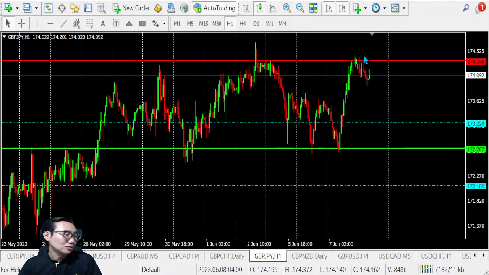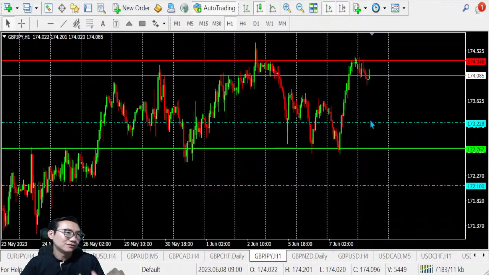As a basic theory on the support and resistance, as we can see, once the resistance is being tested, and it's still holding down the price nicely, then that means to say we are going down to look out for support, am I right? Since that's the case, we are going down to look out for support, then we may have a chance to sell.